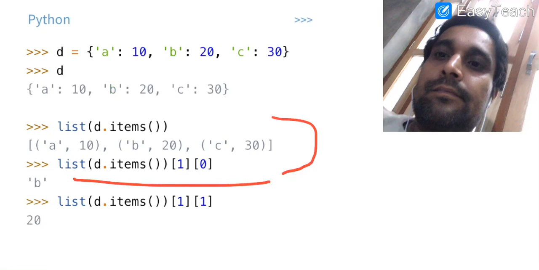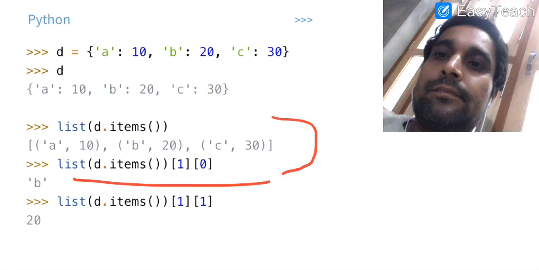Now our second last function is the popitem function. What this popitem function will do is remove a key value pair from a dictionary, and that particular key value pair will be shown to you in the form of a tuple. We have created the dictionary with 3 elements. We are using d dot popitem. We don't need any argument or parameter here.